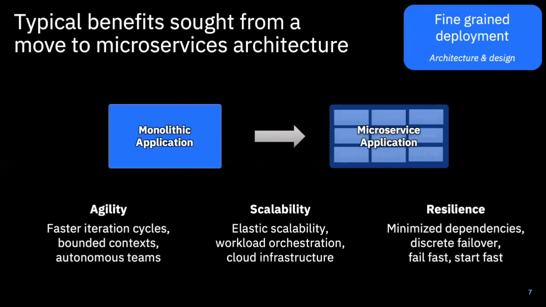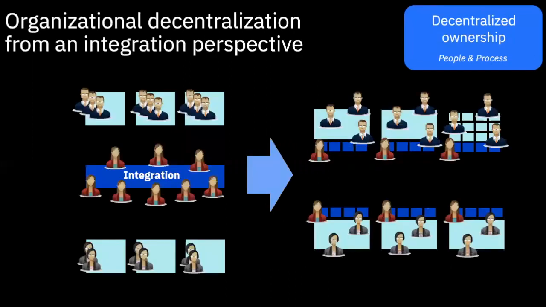And as I do that, one of the things that I'm really hyper focused on from a fine-grained deployment standpoint is that I'm doing that in a way that allows for the individual departments and integration developers to participate in that process and run their parts of integration at the speed they need for their applications. When we talk about organizational decentralization, this is really not saying that the integration specialist no longer is of value or even that they take a backseat. It's quite the contrary. When you look at what happens in organizations when they start to have hundreds and thousands of integrations, whether it be APIs or app integrations or whatever, no one department of integration specialists can actually scale to that.